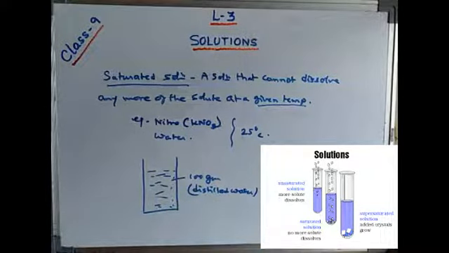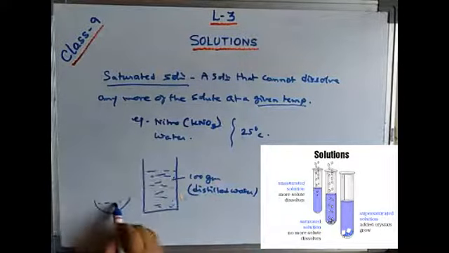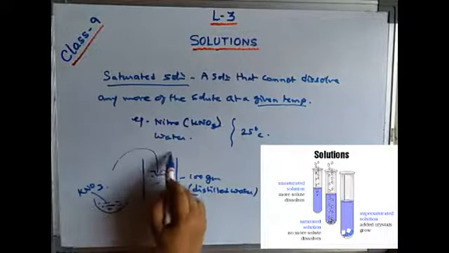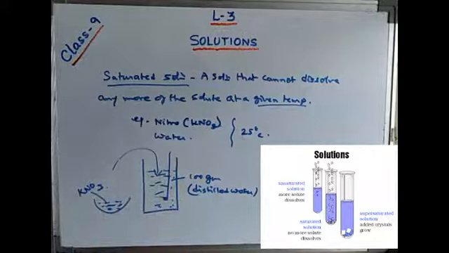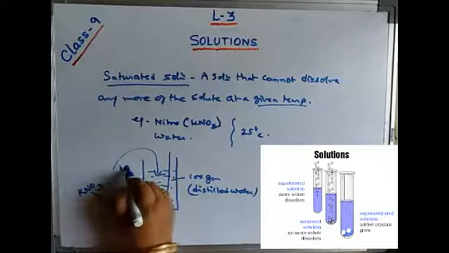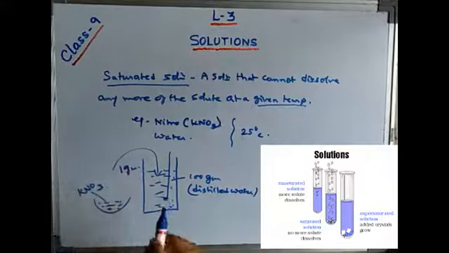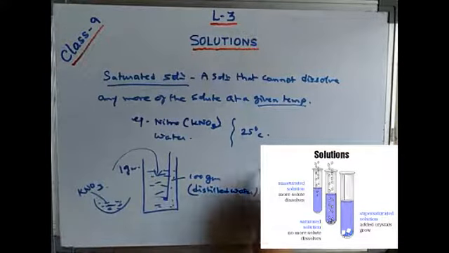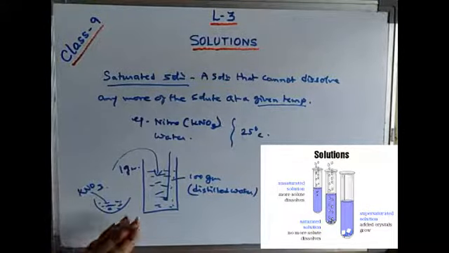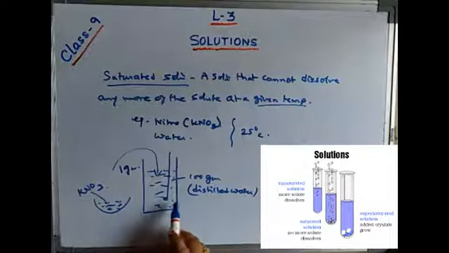Okay. So we start dissolving. We have taken the salt, niter, and we start dissolving it and stirring. If we keep on stirring, taking 1 gram each time and dissolving at a given temperature, what is the temperature? We are not changing the temperature. So we keep on dissolving 1 gram, then 2 grams, then 3 grams, like this. We keep on adding 1 gram to the given amount of water.